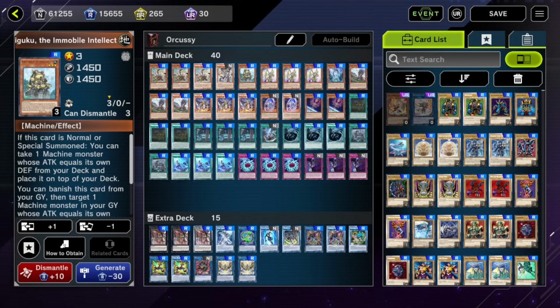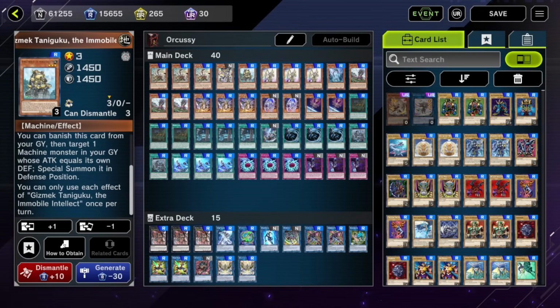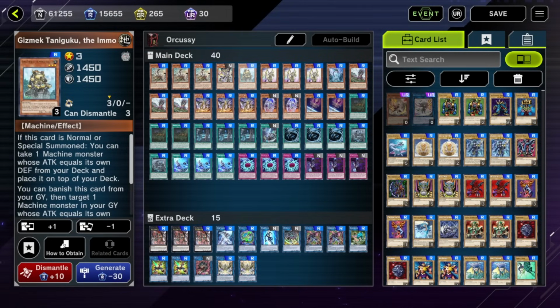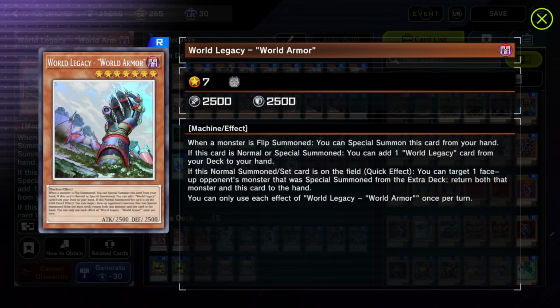You're never going to summon this. You're playing this for the effect where you can banish this card from your graveyard and target a Machine monster in your graveyard whose attack equals its own defense and special summon it in defense position. So you can dump Scrap Recycler to summon back a World Legacy. You can use Scrap Recycler to dump the Gizmek, and then Gizmek can summon back a World Legacy World